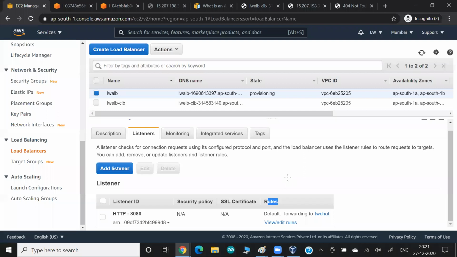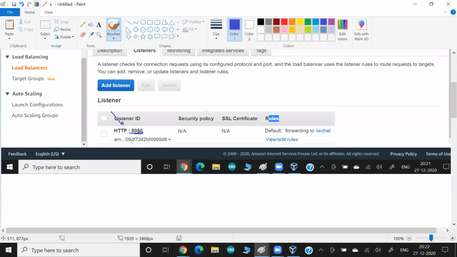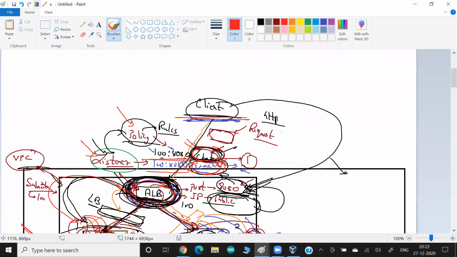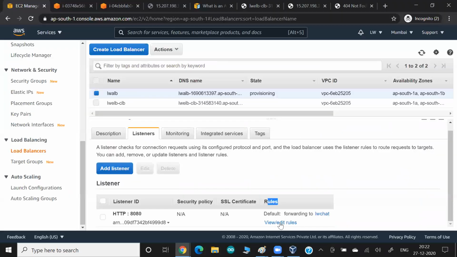And what the rule is saying is very clear. They are saying if anybody comes to this application load balancer on their public IP, on the DNS name, and comes on this port number via this protocol, we will follow these rules, whatever rules you have created and will create. Okay, we will forward to this rule. See here, we will forward to this rule. And what does this rule contain right now, if you click on view and edit the rule,